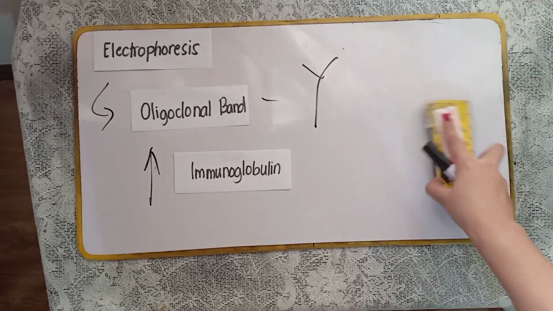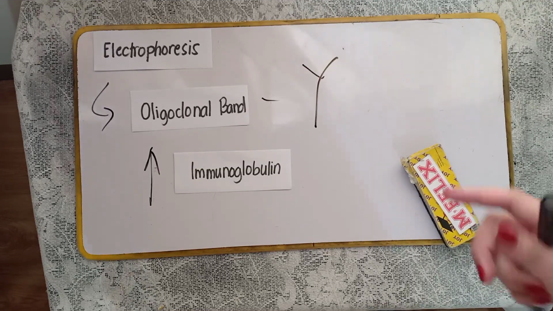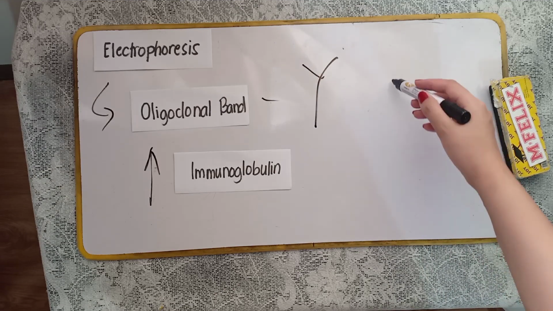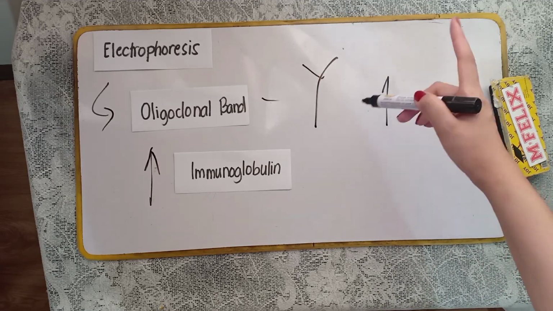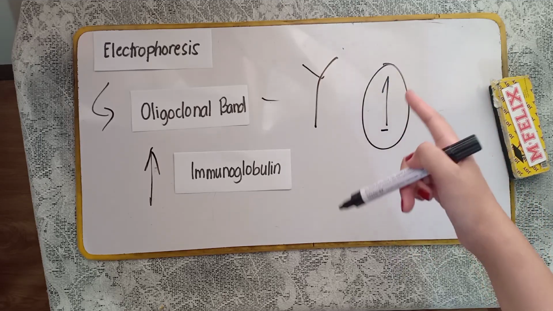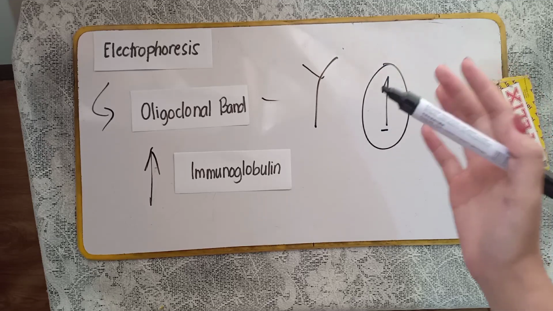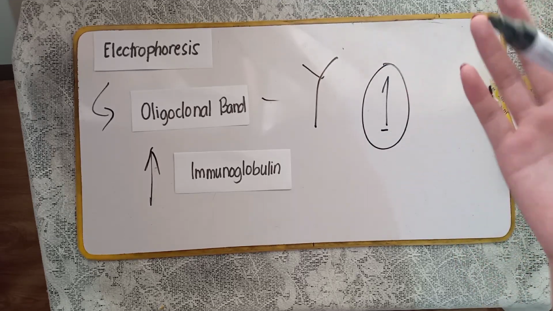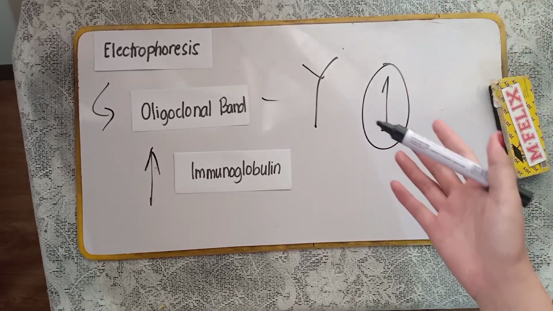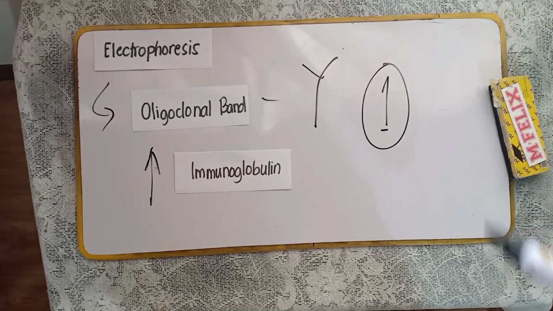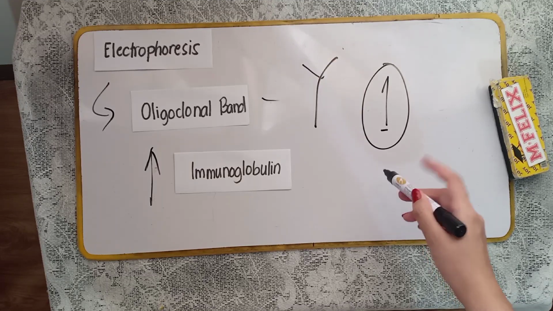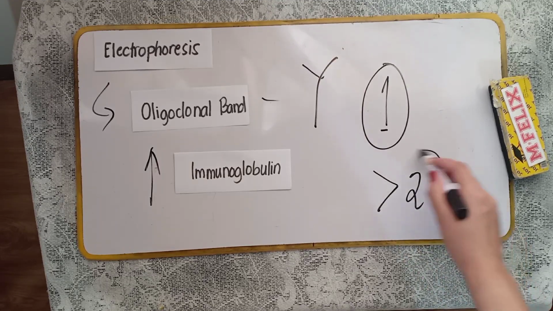And then another important note to remember when it comes to CSF protein electrophoresis, a single oligoclonal band, usually, kung isa lang, kaya ang ibig sabihin nito, kung isa lang na oligoclonal band ang nakita mo, we usually regard it as a negative result. Negative for what? For a neurologic disorder, okay, or a neurologic inflammation, okay? So, kailangan when it comes to electrophoresis, importante na makakita tayo ng at least 2 or more oligoclonal bands for